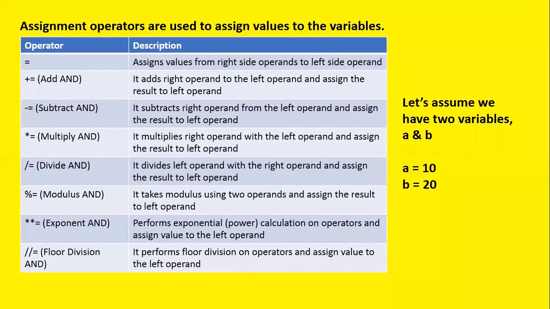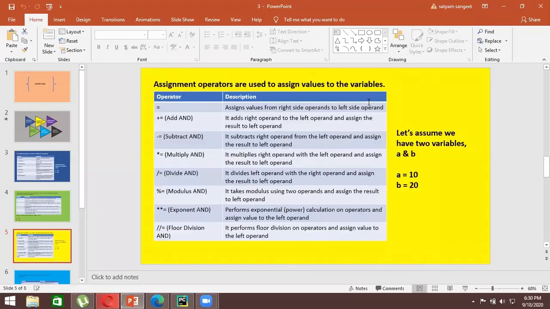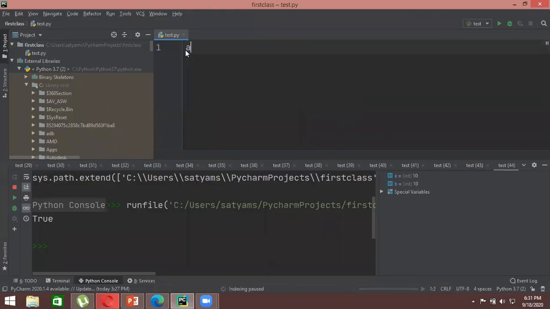Okay. So the next thing that we'll be coming to is your assignment operators. So basically what an assignment operator does is that you are assigning certain values to a variable. So let's say you select a variable a and you give it a particular value, let's say 10. So this is what is known as an assignment. So the equal to sign assigns a value to a particular variable, right? So that is our very first assignment operator, that is equal to, right? The next assignment operator